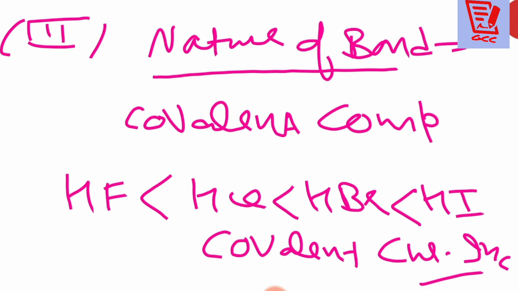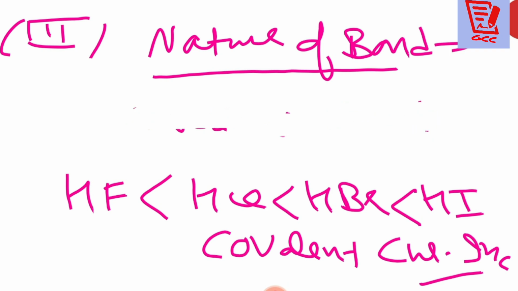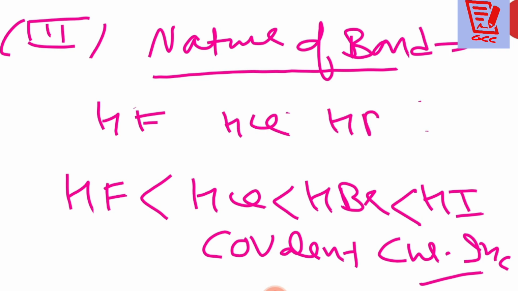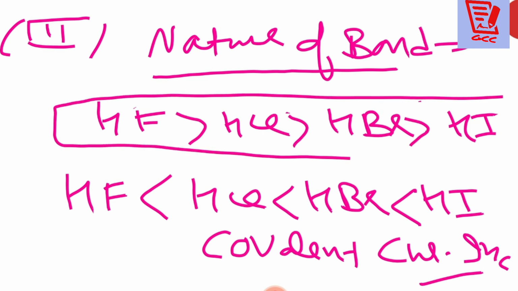Or another way is here, one more way is here that you can give this trend like this way also. How? You must see all of you. HF, HCl, HBr, HI. You can give it like this way also. Means you can give now here that their ionic character is decreasing. Maximum ionic character is in the HF and minimum ionic character in the HI. Oh, is that clear to you to all?